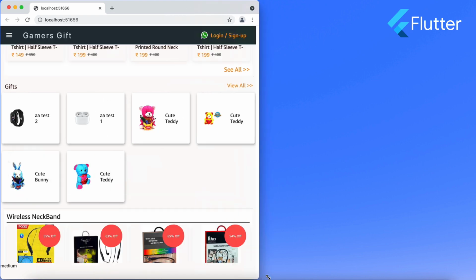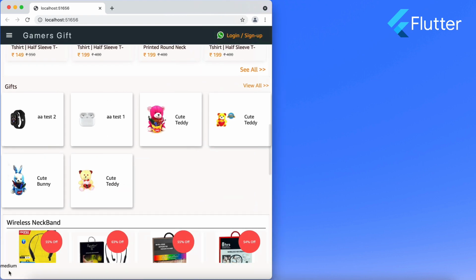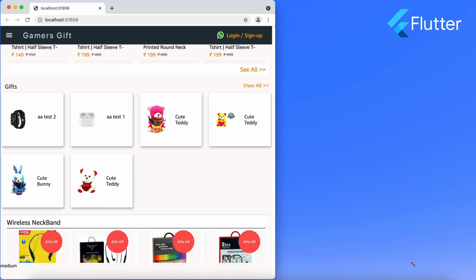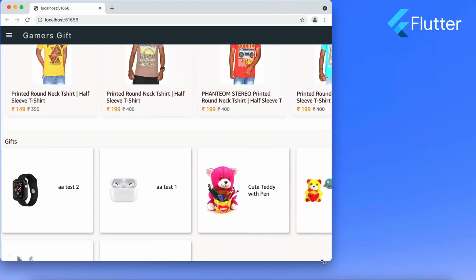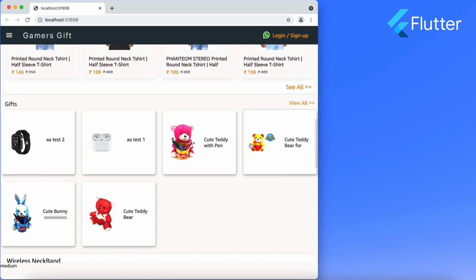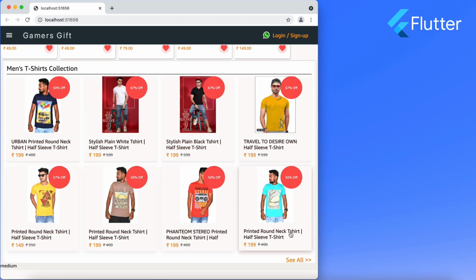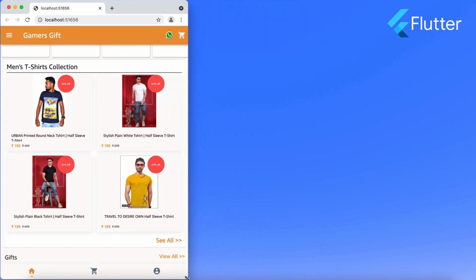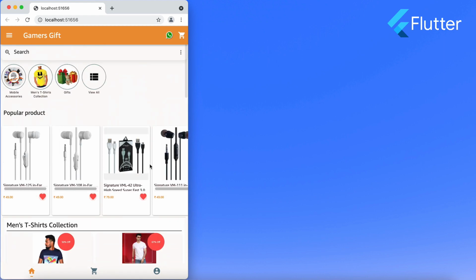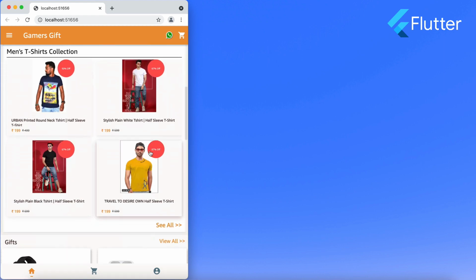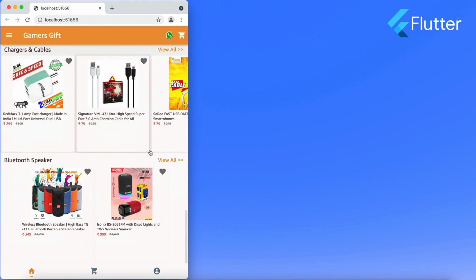Once I move to the tablet view or large screen view, the content changes and the total number of items changes dynamically. So it is very easy to customize your website with the width of the screen. Whether it is desktop or mobile, you can easily manage this.